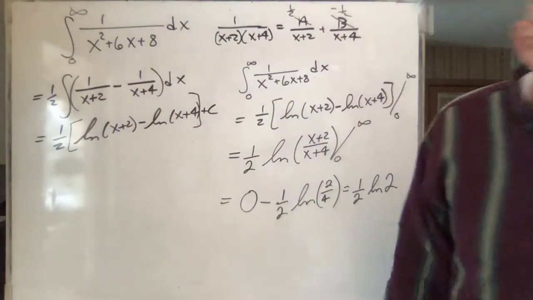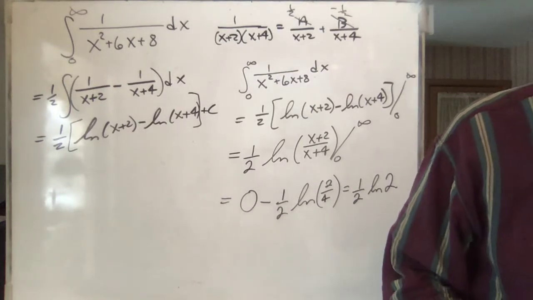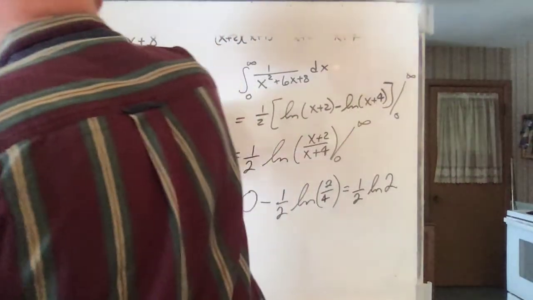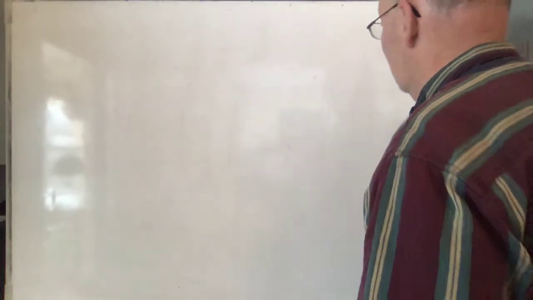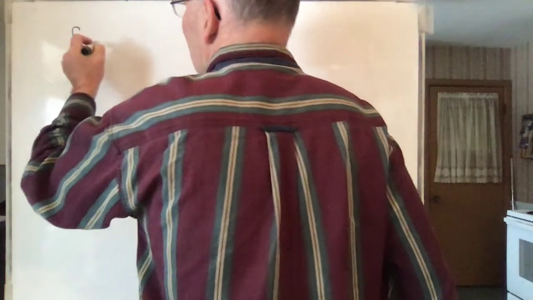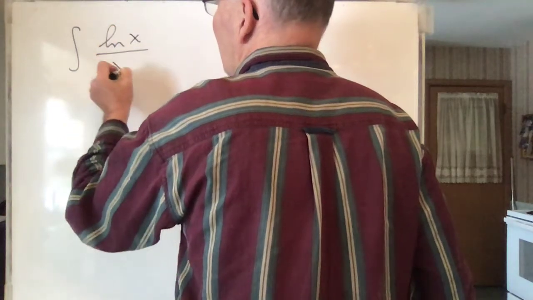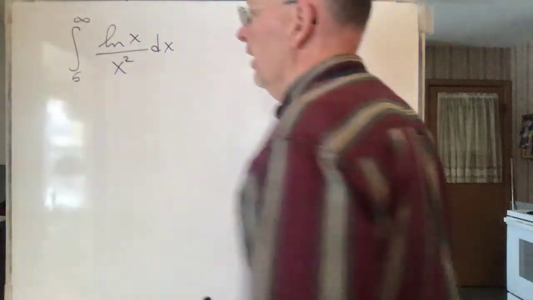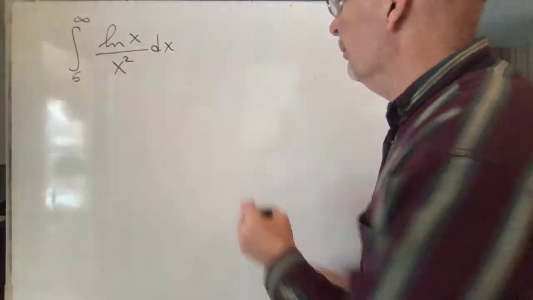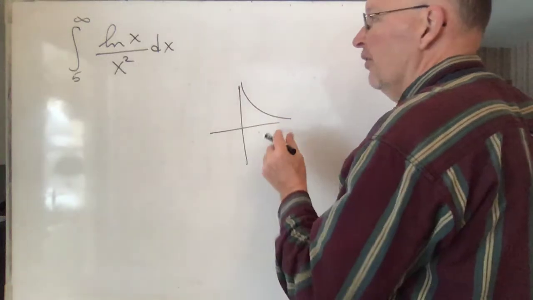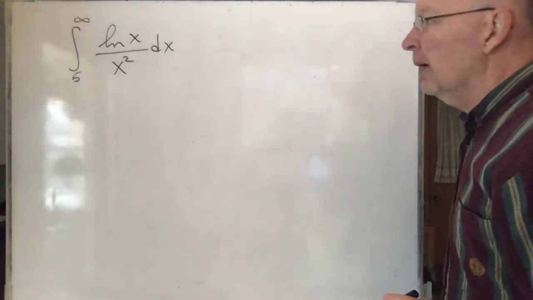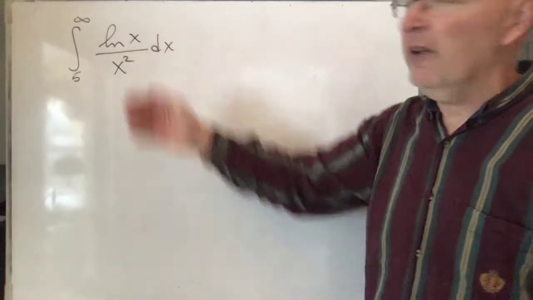Okay, I could do all sorts of other problems for you here. Let me just kind of show you some of them. How about this one? Okay, I want to stay away from 0 because this thing blows up at 0, right? And so on. So we're going to talk about that in the next lesson. But for now, I want functions that don't blow up. They don't have vertical asymptotes. So we'll stay away from 0 here.